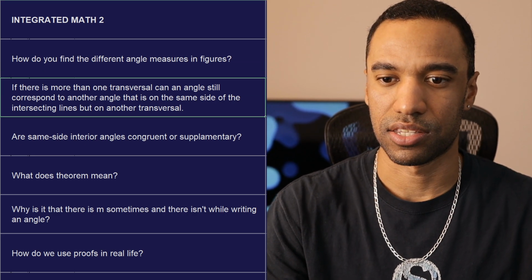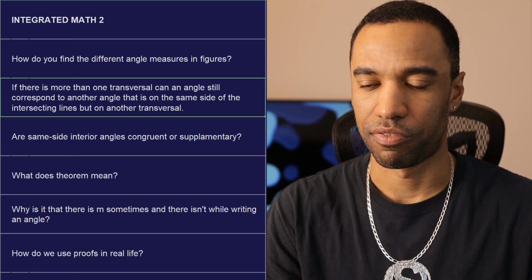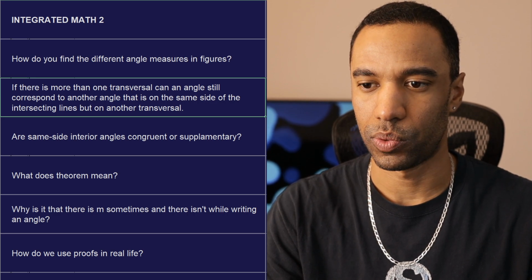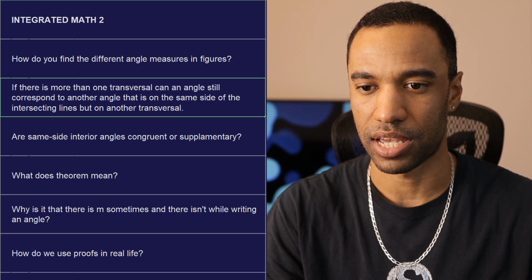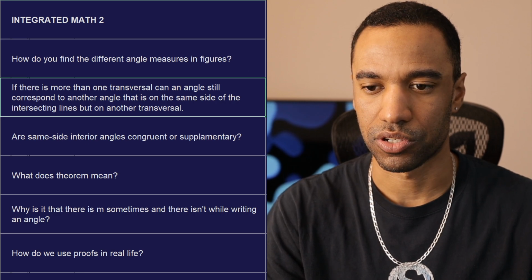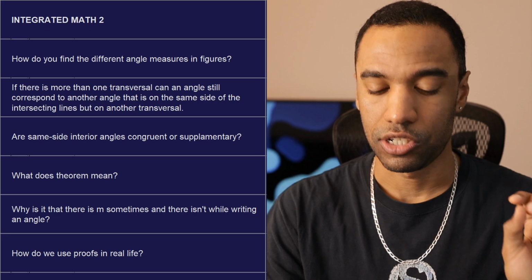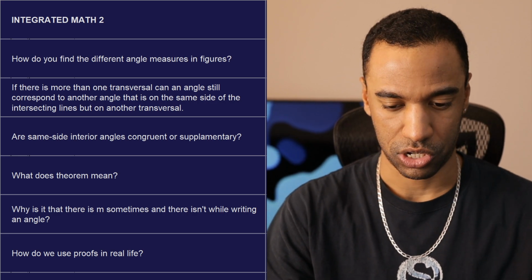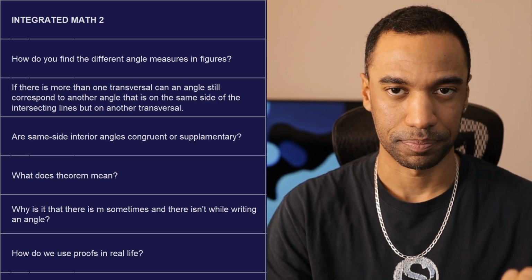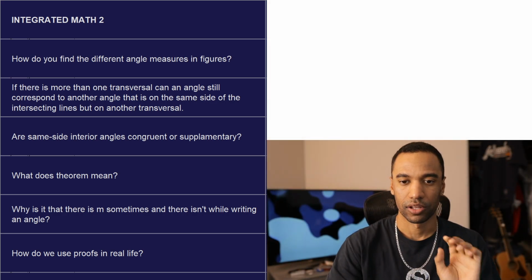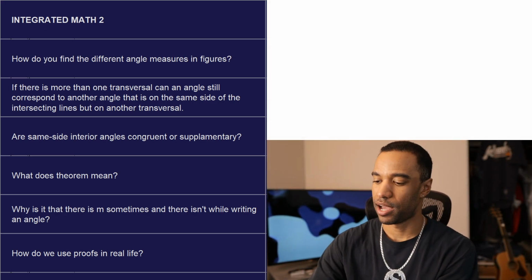All right, the next question says, if there is more than one transversal, can an angle still correspond to another angle that is on the same side of the intersecting lines, but on another transversal? My guess is you're asking, well, the answer is no, just by the angle name relationship. But just to clarify, I assume you're talking about,